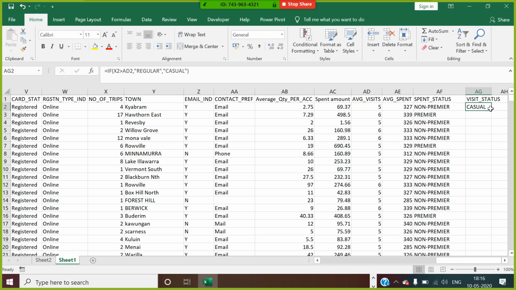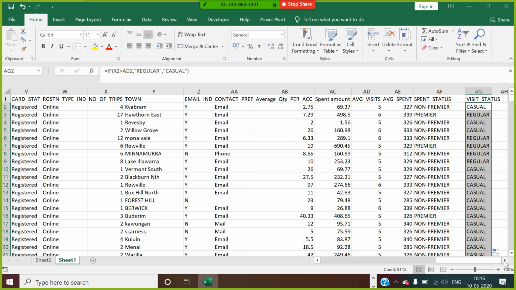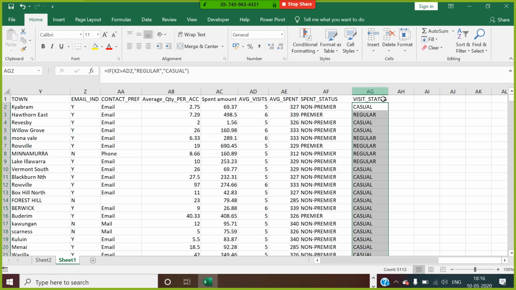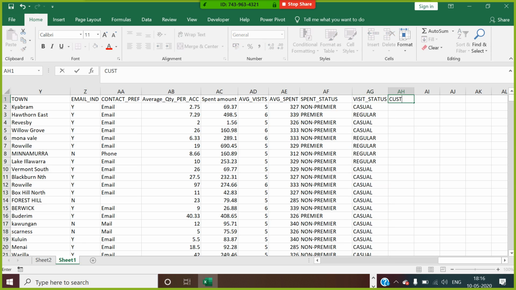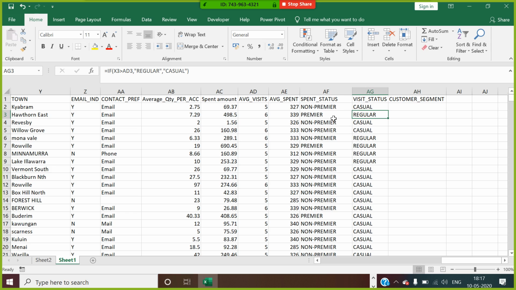So this is the understanding of who are the casual, who are the regular. Now I want to create something called customer segment. How will you get the customer segment, guys, from this data? Imagine a customer is regular and premier, they are the loyal customer. Yes or no? Yes, sir.